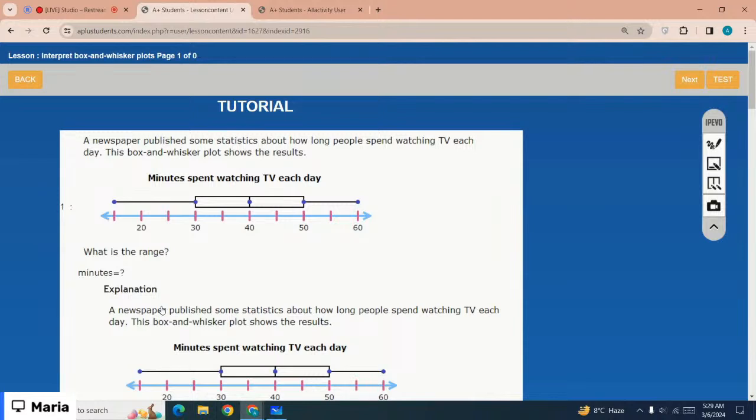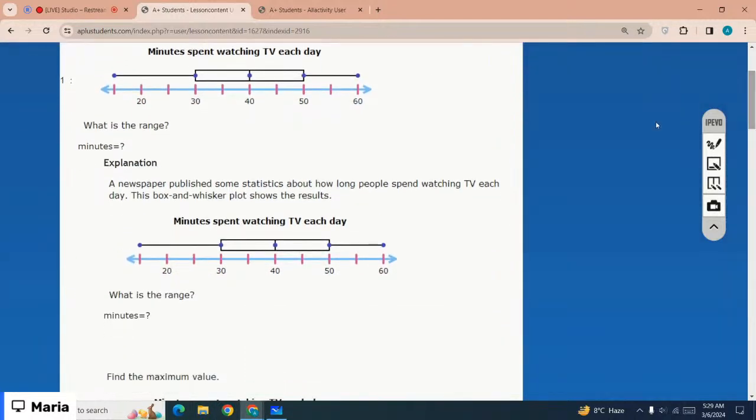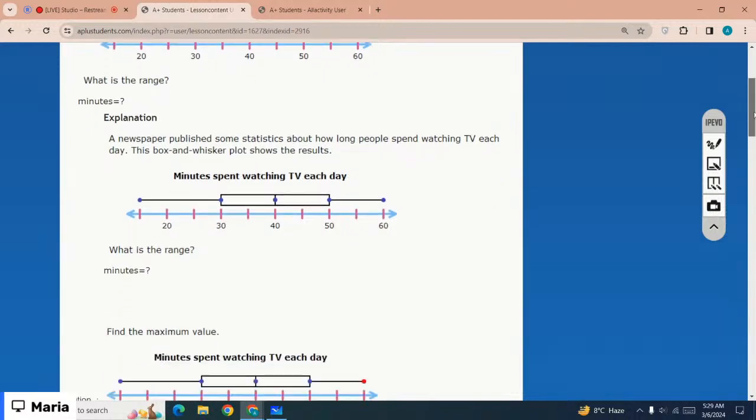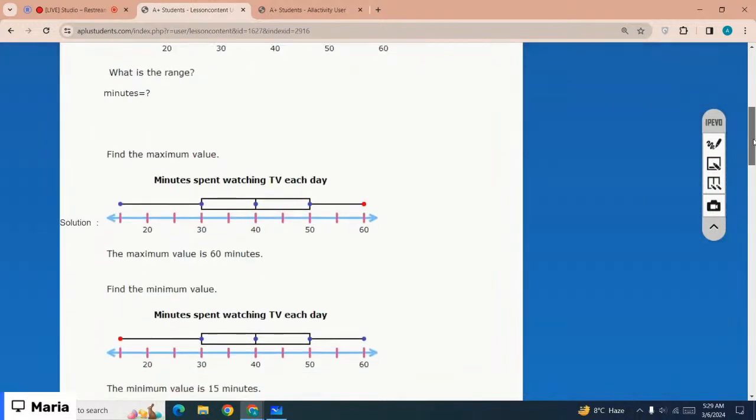A newspaper published some statistics about how long people spend watching TV each day. This box and whisker plot shows the result, right? Minutes spent watching TV each day. Okay, what is the range? The range is